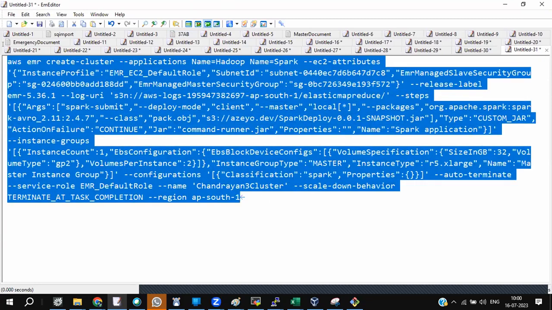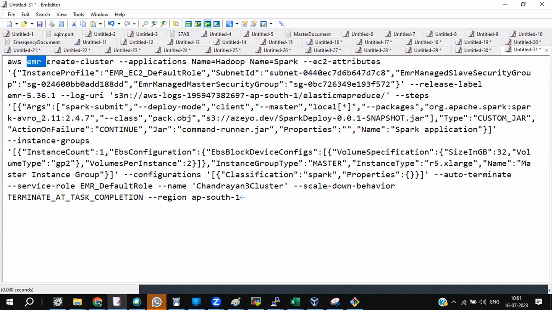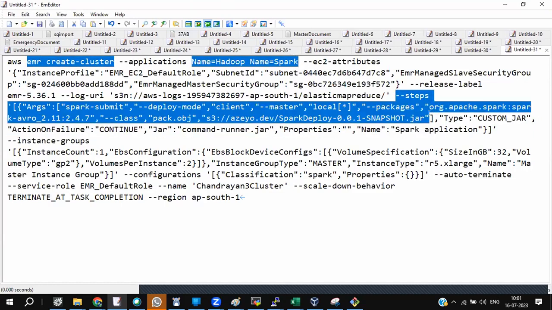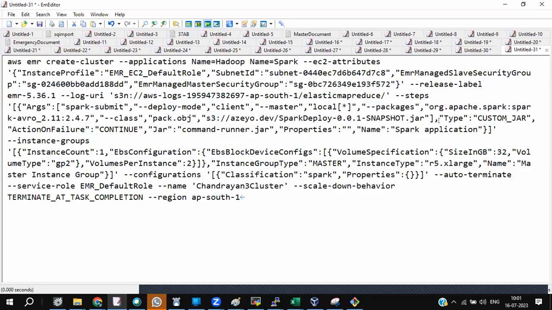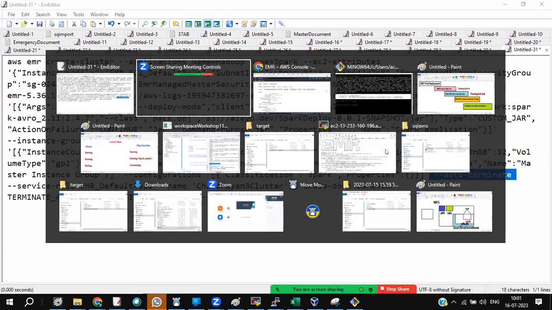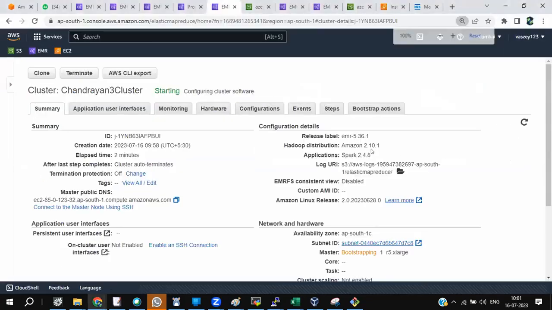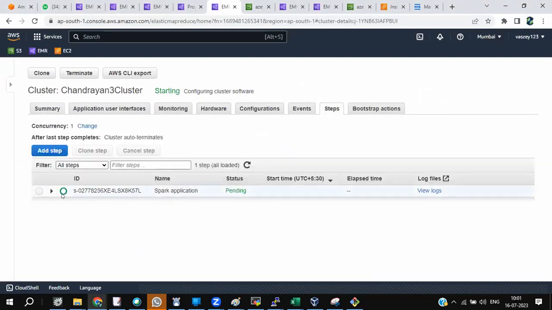So this is your final gold copy. This command you have to design. What cluster do I have to trigger? What application do I need to give? How many steps do you have? If it is one step, give one step, or if two steps, give two steps. Then auto terminate it. Finally, this Chandrayaan 3 cluster will start, run these steps. Can you see the step here?